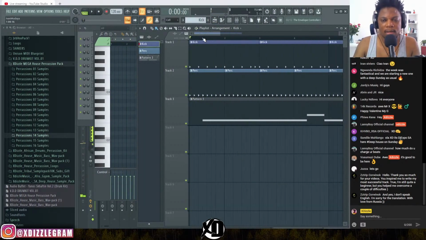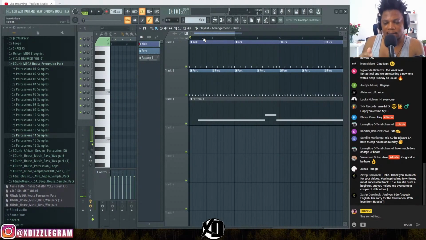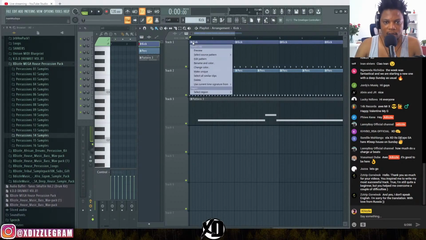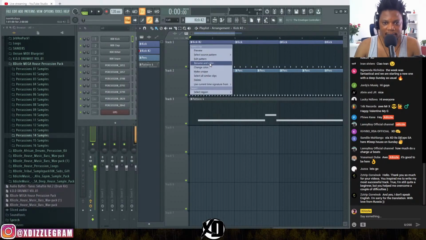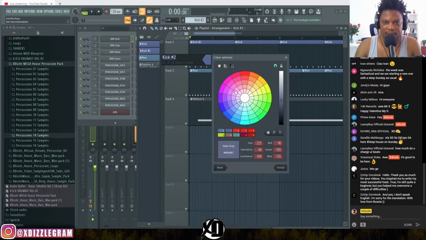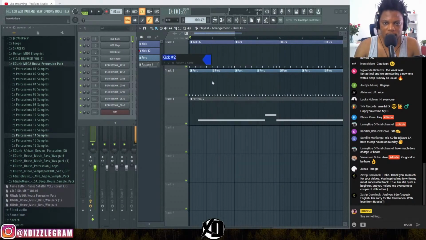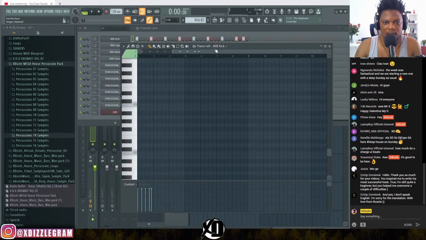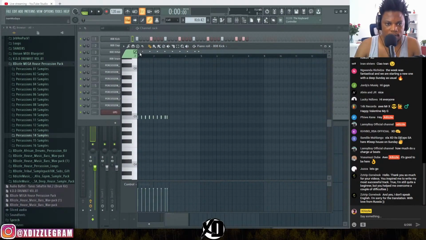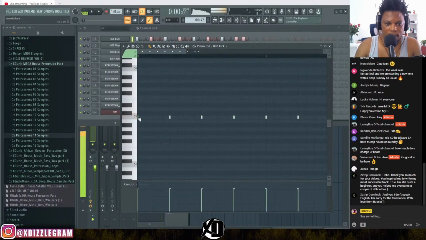All right, I think I wanna have my kick start off different. I want it to go like bah, bah, bah, right there at the beginning. So I'm gonna click on this little keyboard icon right there on the kick pattern, and I'm gonna make this first one unique, and I'm gonna change its color so it's different from all the other kicks. Maybe I can make it like a darker blue within the same color range. So I want it to go like